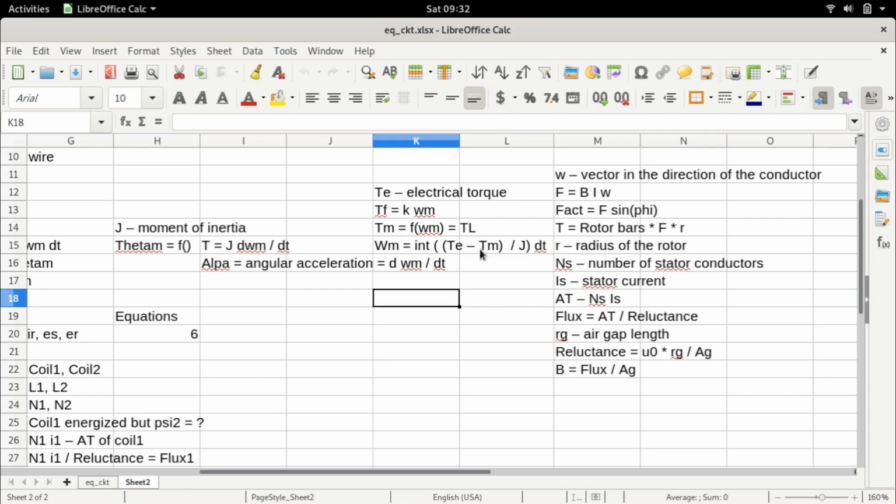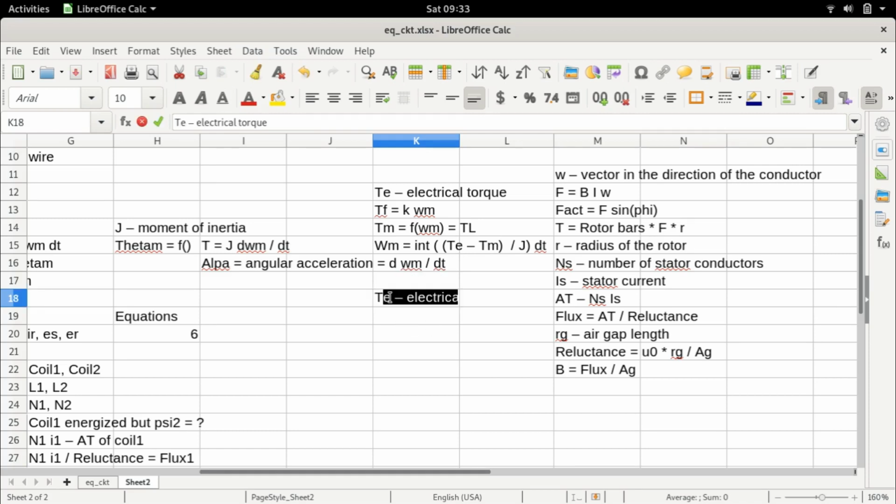So therefore the mechanical torque here depends upon the nature of the load connected to the induction motor. So for example, we can have several types of load. We can have linear load, we can have constant load, we can have quadratic load, we can have several types of load. Depending on the nature of what it is that is connected to the motor, you do have an idea of the kind of mechanical load which is available. So for example, we can